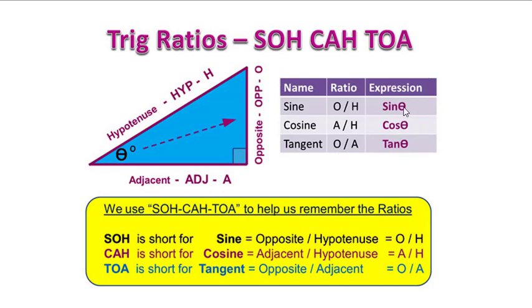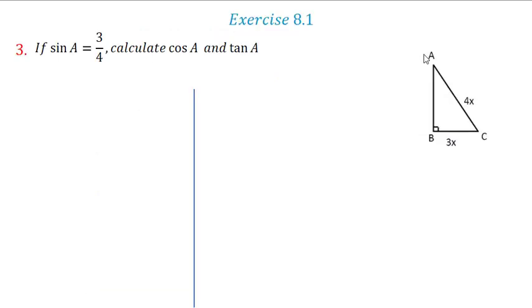Now the reciprocal of sine is cosec, the reciprocal of cos is sec and the reciprocal of tan is cot. Also, if you remember, tan theta is sin theta upon cos theta and cot theta is cos theta upon sin theta, as it is the reciprocal of tan theta. Okay, so let us see the other problems.